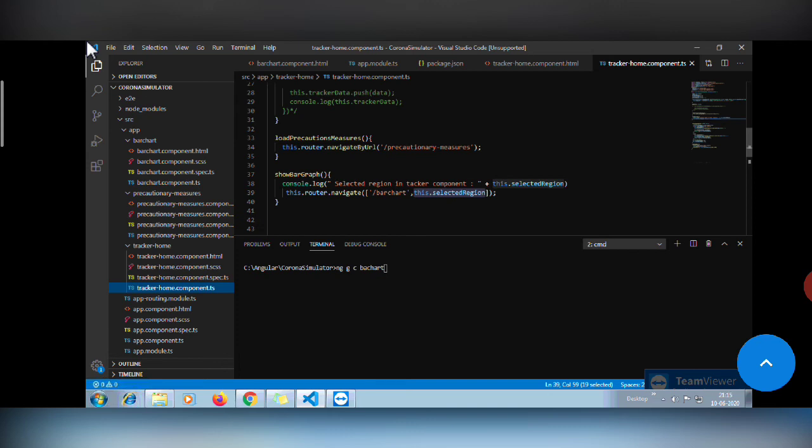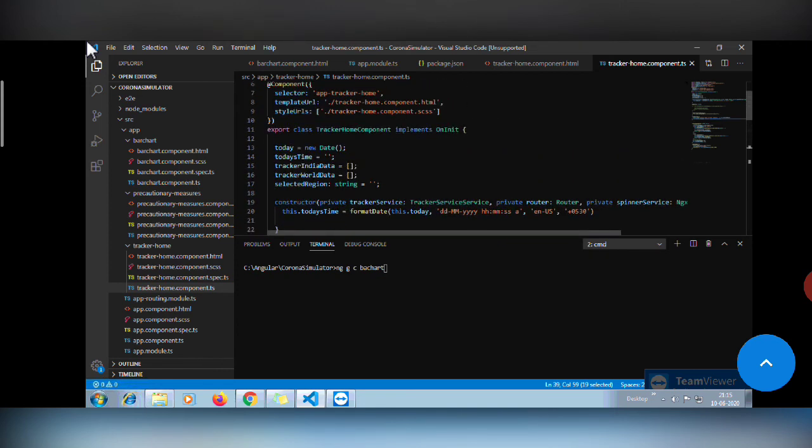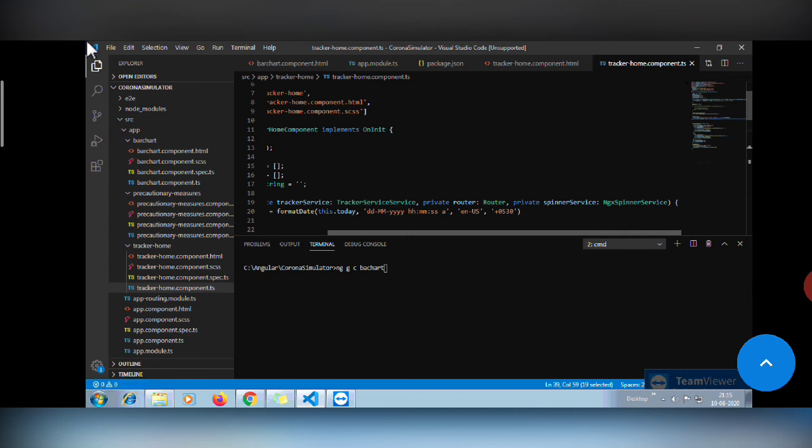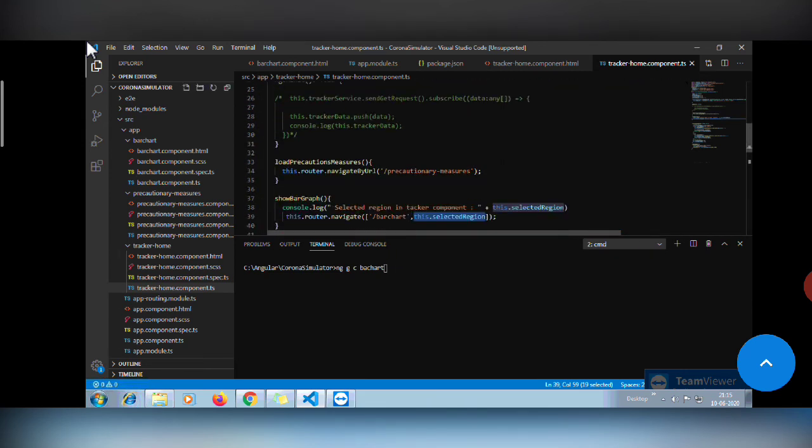Remove that and use navigate, give the URL name and a comma, and then whatever you want to append. In this case we are adding the region, so whatever field name you are adding, just give it after the comma. When the selected region is world, it will append world, and for India it will append India. And for this you will need to add this dependency, or you can say the module.